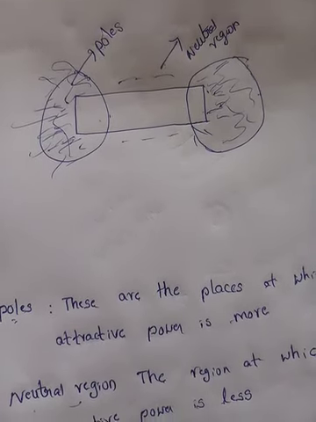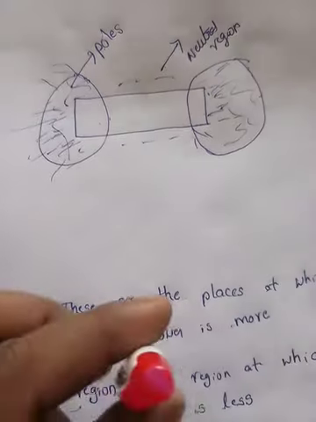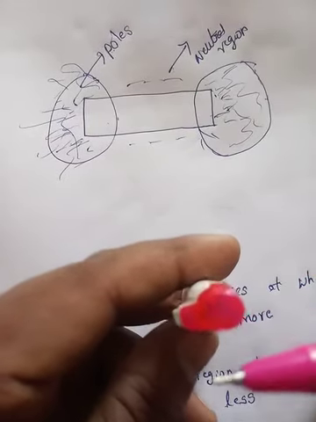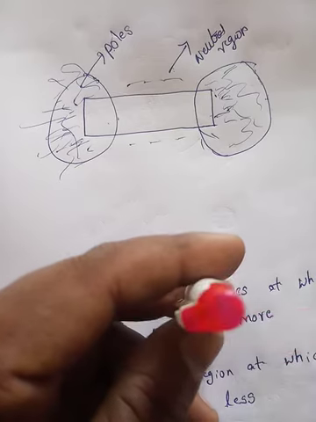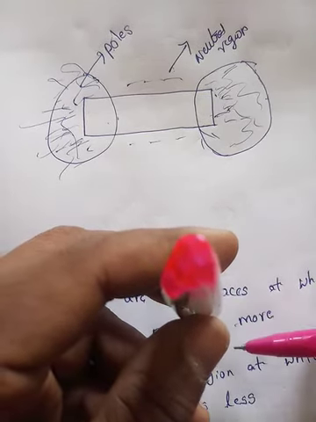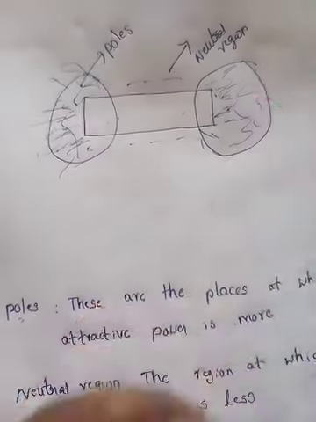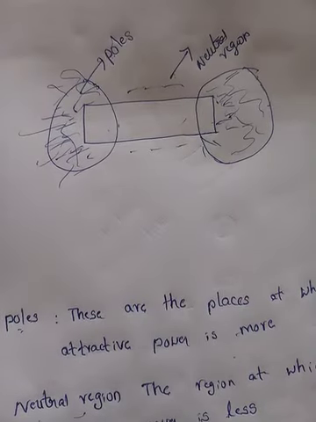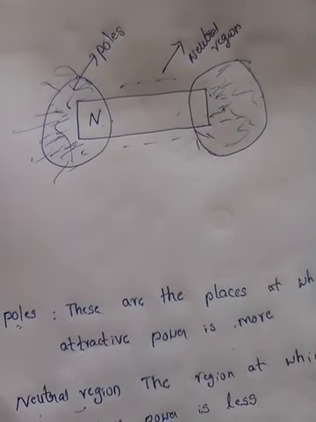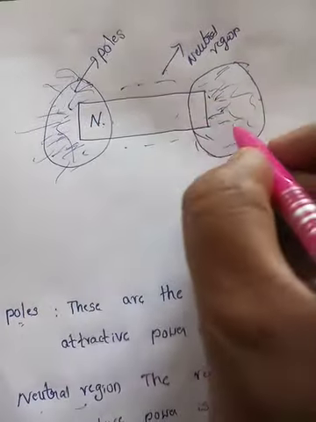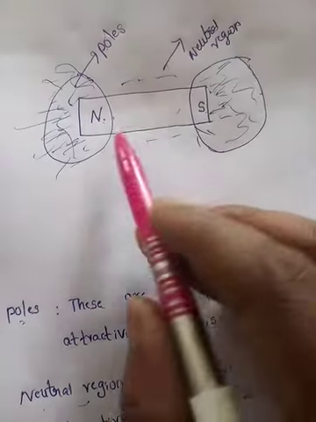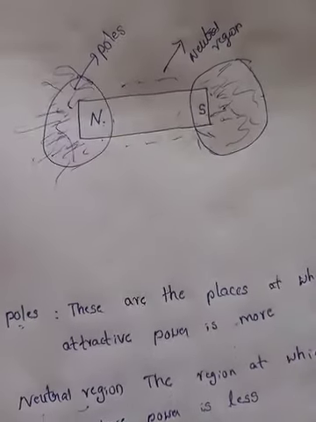Now, the bar magnet is suspended freely in air. As we know, when a bar magnet is suspended freely in air, the pole pointing towards north is called geographical north and the pole pointing towards south is called geographical south. Now, if I suspend this magnet freely in air, this end points towards north. So, that is why this is called the north pole and this is called the south pole.